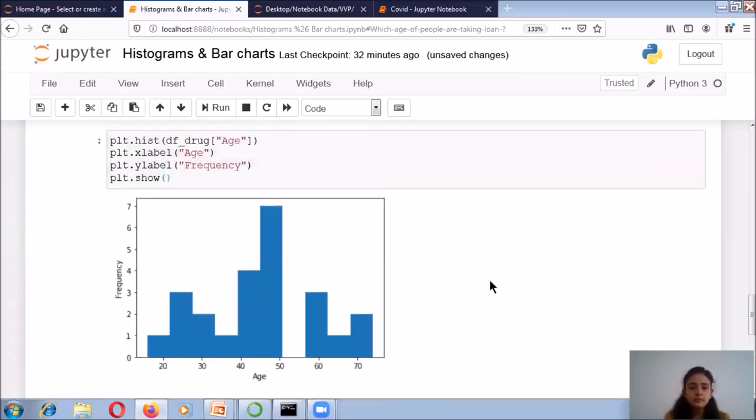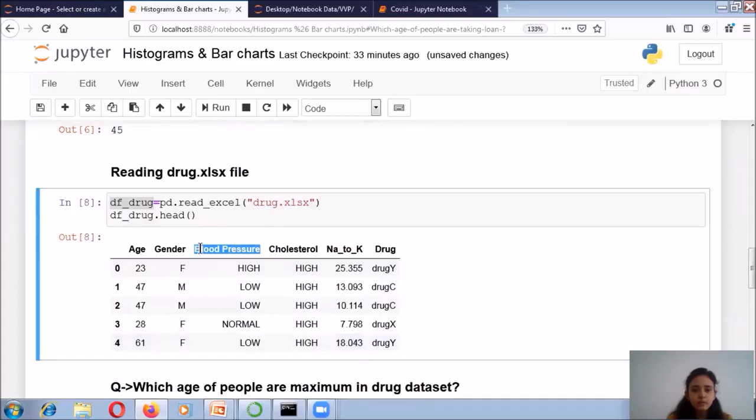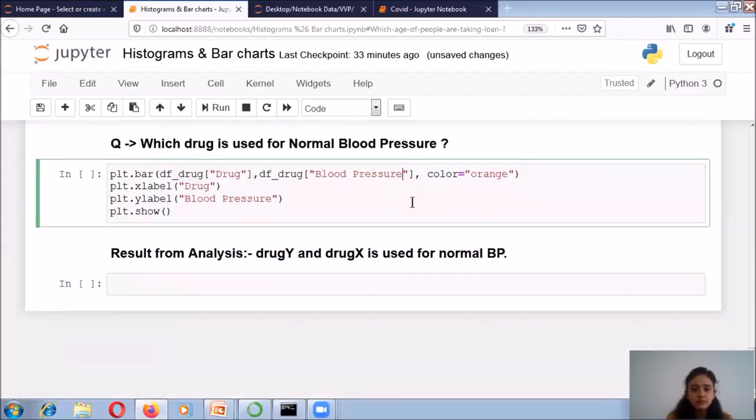That is the column name that you are having over here. You can also copy and paste the column name to avoid spelling mistakes. Like this, I am giving the color as orange. I am giving the X label, I am giving the Y label, and to show the graph in your output screen, you have to write plt.show.